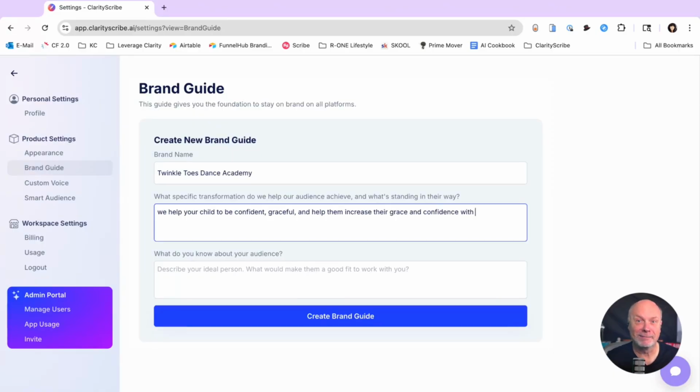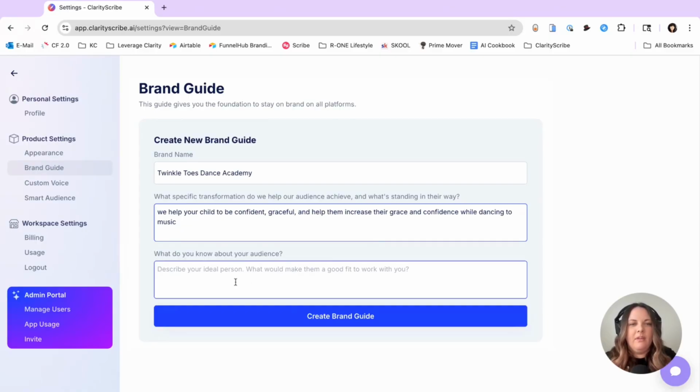This is how I write. Did I hear that correctly? Help them increase their grace and confidence while dancing to music? Yes, dancing to music. Okay. And do we want to add anything else to this portion? Like what's standing in their way?